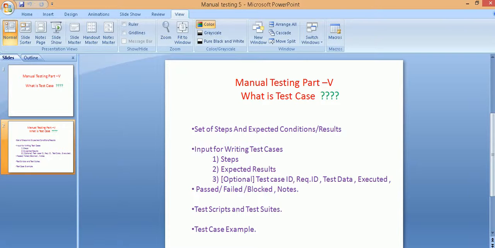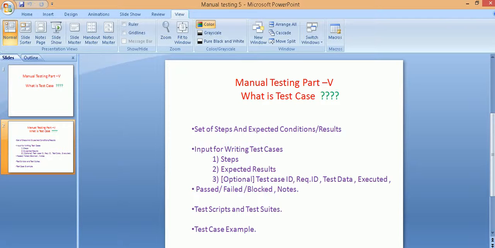Different organizations, or even different teams within the same organization, can have their own format for writing the test case. So you should try to find out that particular format or template, and use it to write your own test case.